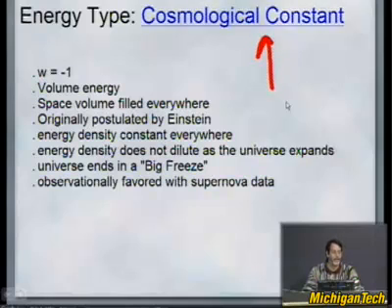This was first postulated by Einstein way back in the early days of general relativity because Einstein was worried the universe would have collapsed in on itself and he needed something to prop up the universe. And so he created a cosmological constant. Later, when Hubble realized through astronomical observations that the universe was expanding, Einstein said that was his biggest fault. It was then brought back any number of times by astronomers and physicists and cosmologists trying to understand quirks in the data. But it never really stuck until the 1990s when the supernova cosmology team found out that distant supernovae were dimmer than they thought they would have been if there was not some kind of cosmological constant energy.